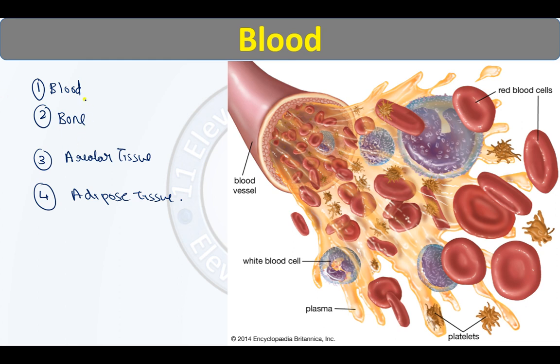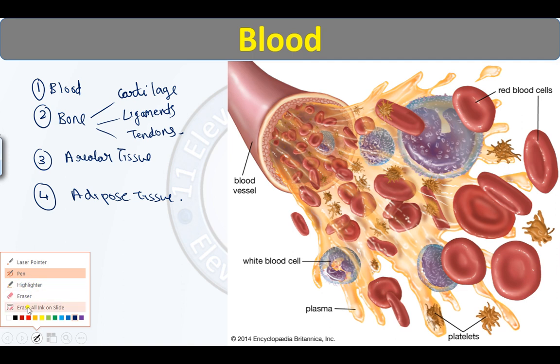Yes, we may see some tissues related to bone, like cartilage. Then we are going to study ligaments, which you have heard about many times, and we are also going to learn about tendons. So these are the extra things that we will learn. But basically we have 4 examples given in our textbook and we shall focus on them. Let us see the first one.